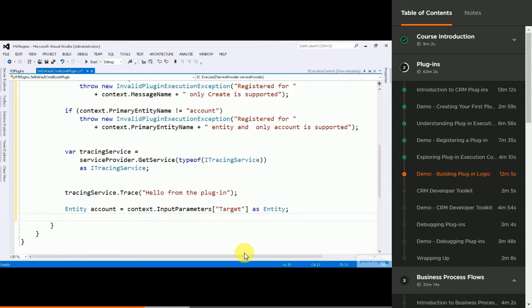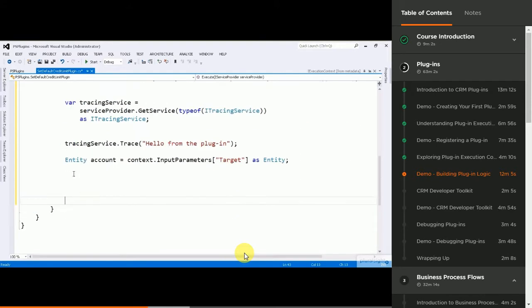Let's check to see if the credit limit field has been populated. To give us a few little breadcrumbs in case something goes wrong, I'm going to add in first a trace call that says we're about to check the credit limit is set. We're going to use the contains function on the credit limit attribute to see whether the credit limit was already specified. Now this checks not for a specific value, but whether it was in the input attributes for the account that was being created. We could also proceed to get the value and check specific values, but we're going to just leave it. If it's provided at all, we're going to let it go through